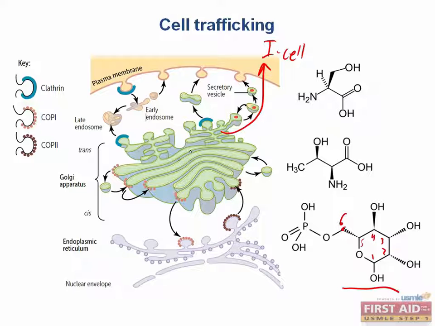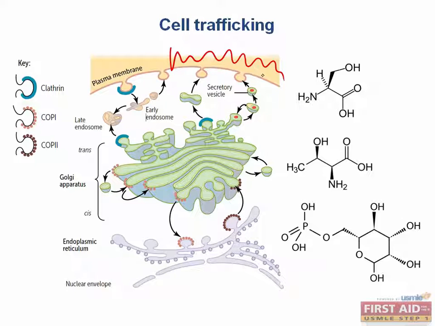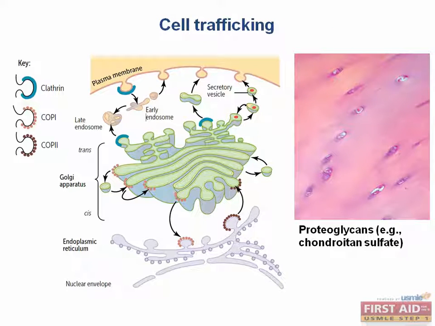Now, not only can the Golgi add sugars to proteins, but it's also important for assembling proteoglycans, which are proteins that have lots of polysaccharide chains attached to them. These are often secreted into the extracellular matrix and used as a cushioning filler substance. So where do you think you might find it? Well, there's lots of proteoglycans in cartilage and in joints, and one of the main ones is chondroitin sulfate,